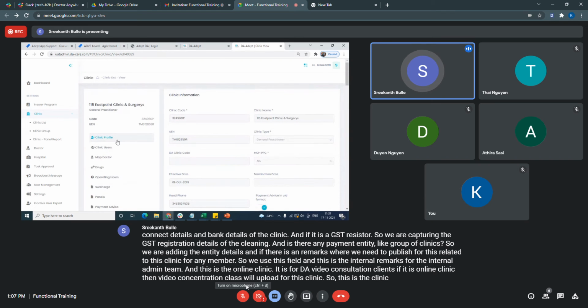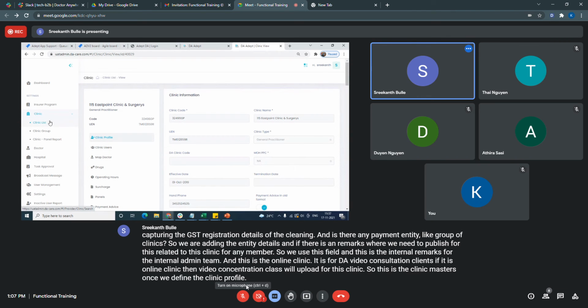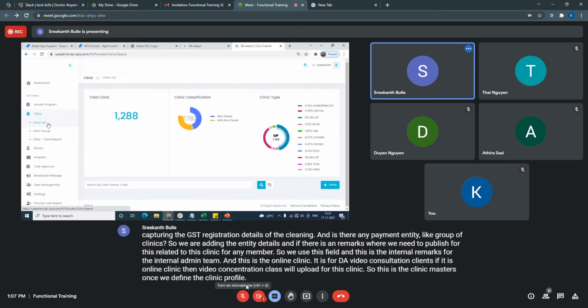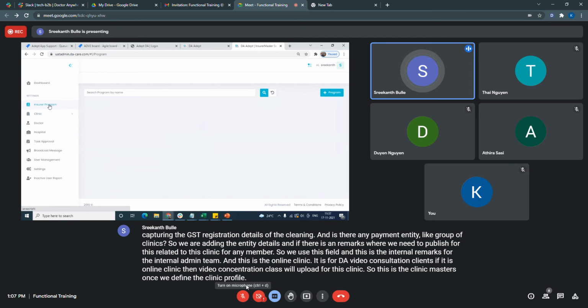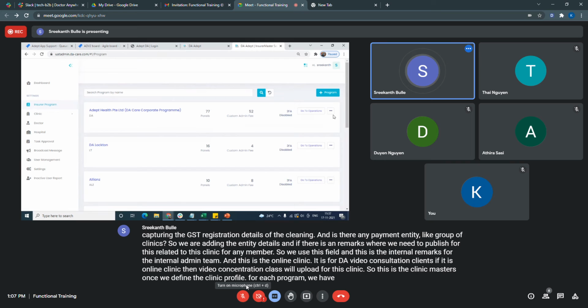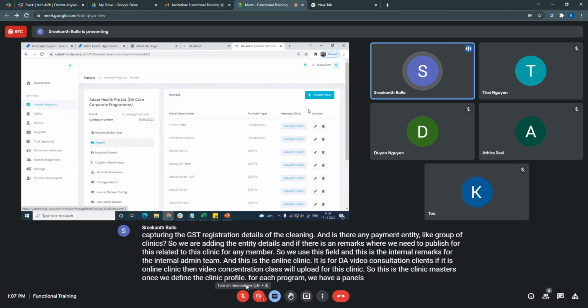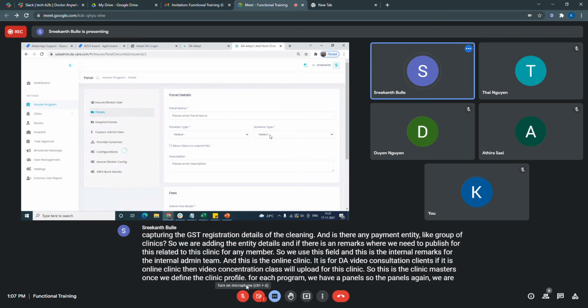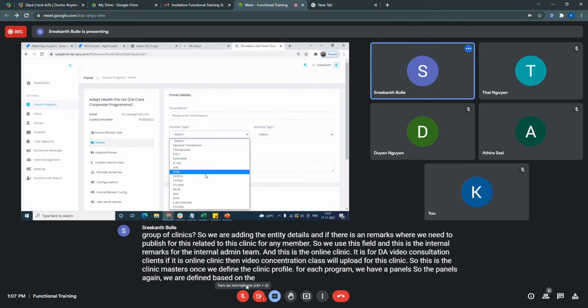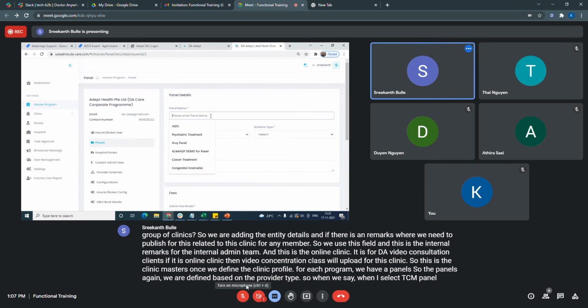Once we define the clinic profile, for each program we have panels. So the panels again are defined based on the provider type. So when I select TCM panel, yes, TCM.